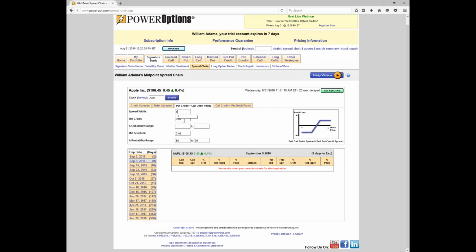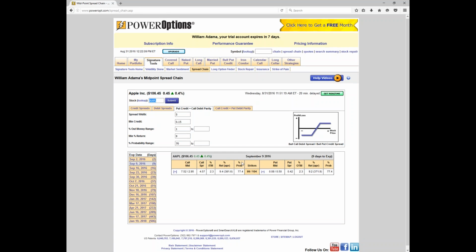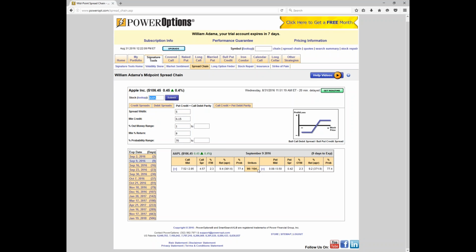Again, I'm going to put a 5-point spread, minimum 15-cent net credit, at least 1% out of the money for the weekly. Minimum return, let's keep that at about 9%. I'm going to keep the probability greater than 70. Let's see if we get any results here for Apple. Okay, again, so we only get the 1. We could lower this to 10 cents, and we could lower the return down as well to get more results